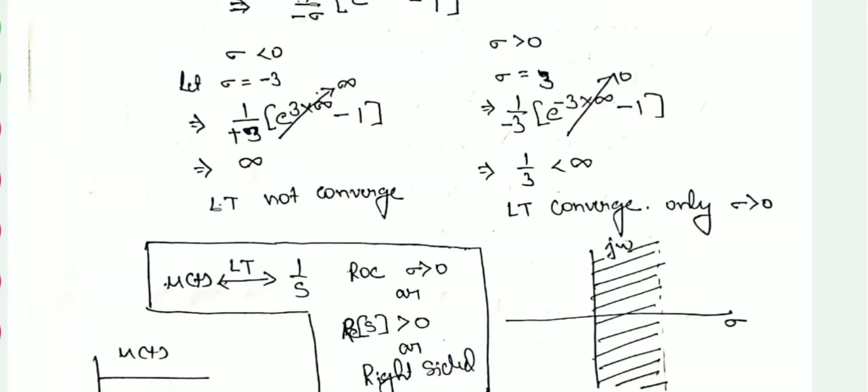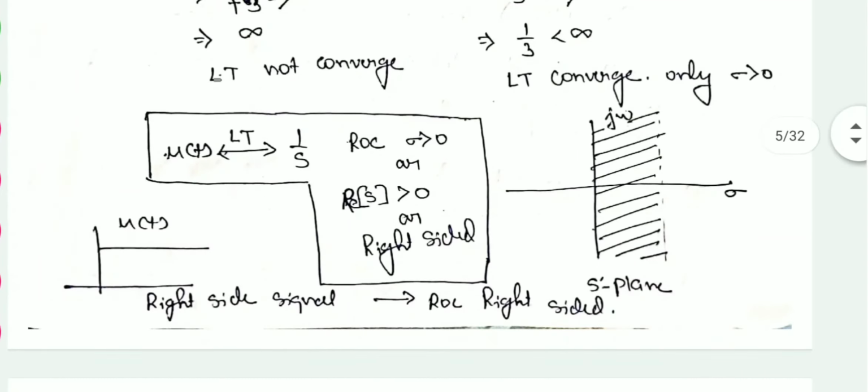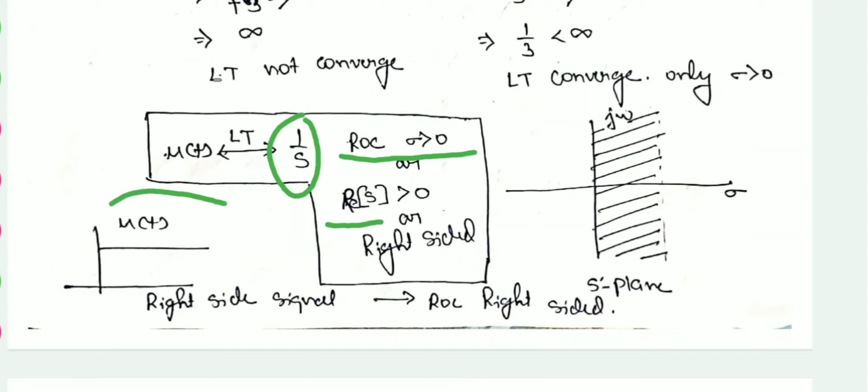Then when we take the Laplace transform of u(t), it is equal to 1 by s, and the ROC of the system is sigma greater than 0, which is also represented as the real part of s greater than 0. One point we should also notice here is that this u(t) is a right-sided signal,